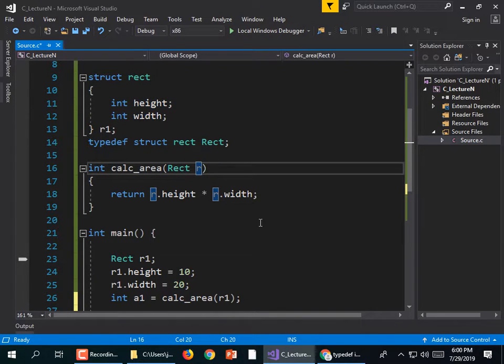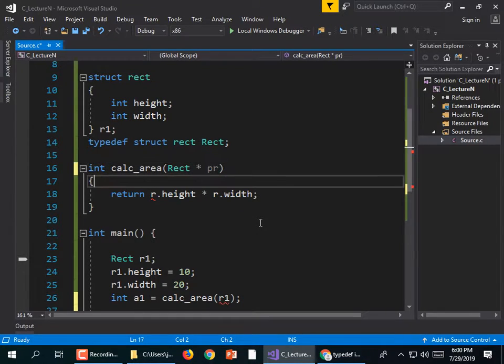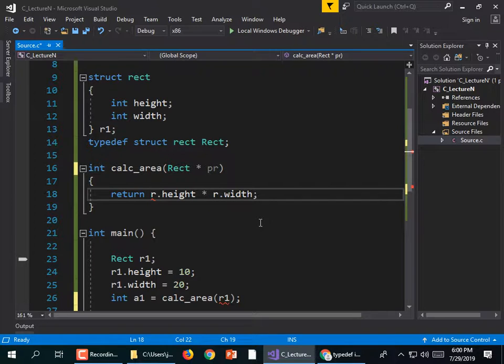So we're going to change this so that it accepts a pointer. And I'm putting a P there because in general I think it's a good idea that if you're using a pointer, sticking a P in front of the variable name is a good way to remember what you're doing. But now these references are broken. And if you're using a pointer, you don't use this dot reference. You use something that you're not going to see in Java. You do see the dot syntax all over the place. So we're going to do pr->height * pr->width;